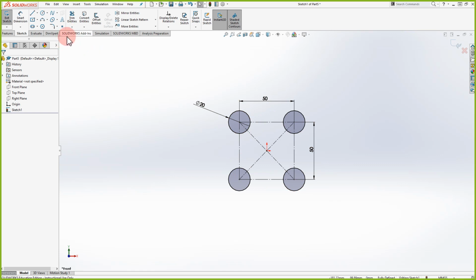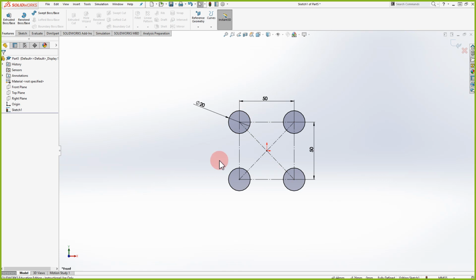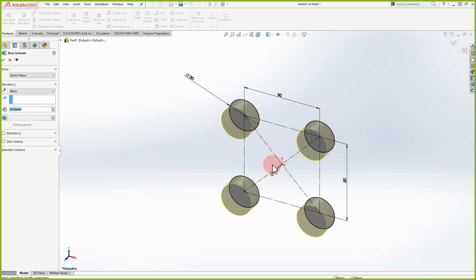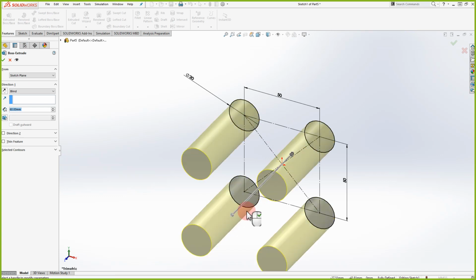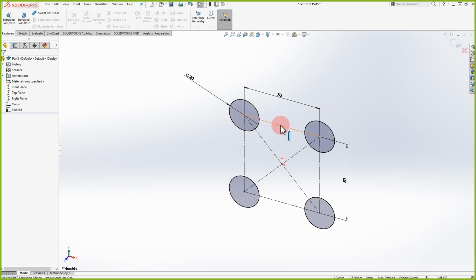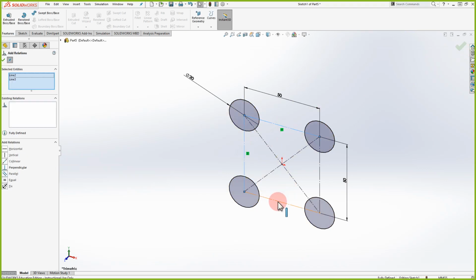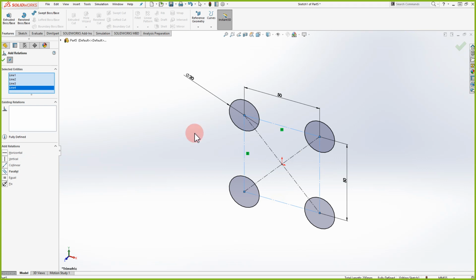I'm jumping ahead a bit, but just to show you, if I wanted to extrude those circles, see, extrude, it's only going to take the shapes that I just made. It's not taking the box underneath. What does that mean? Watch. If I were to convert 1, 2, 3, 4 back to a line, not a circle, sorry, back to a line,